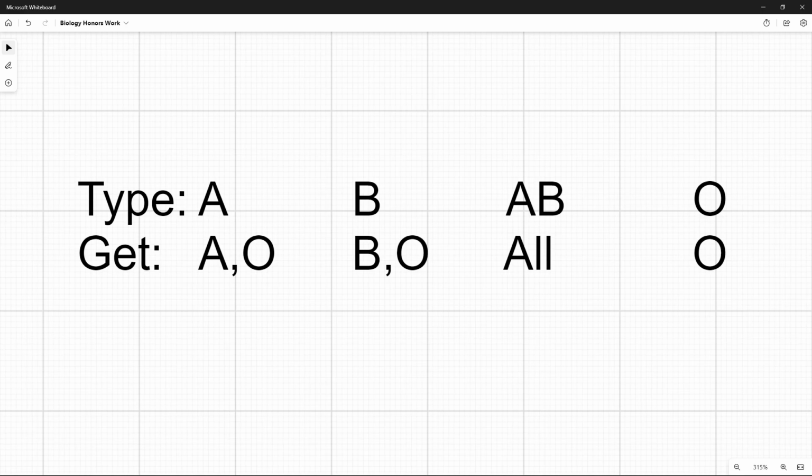An example is that a person with type A blood cannot receive type AB blood, yet a person with AB blood can receive type A. This means that type O blood is the universal donor since it doesn't have either protein. So in this scenario, the doctors are most likely to give him type O blood, since they can guarantee that